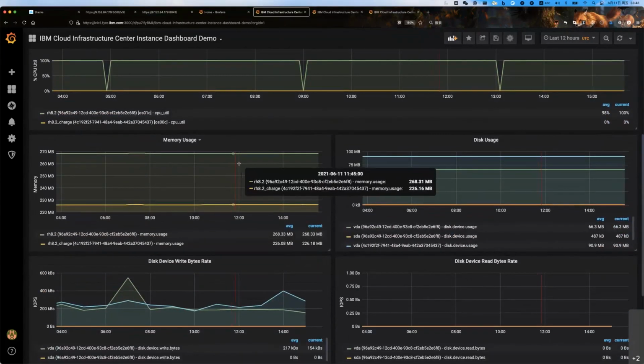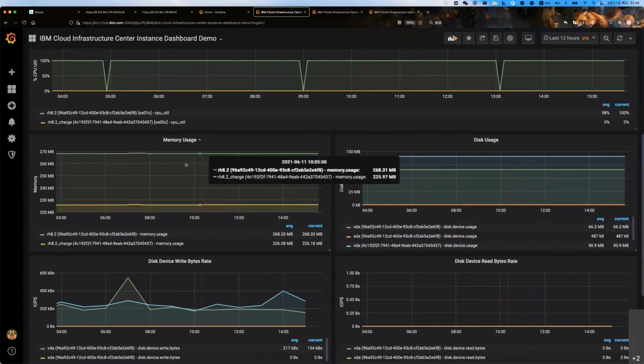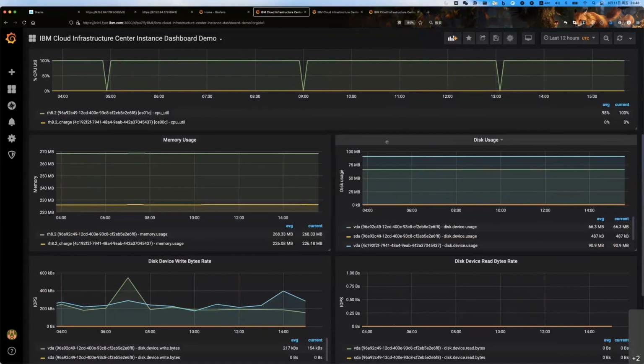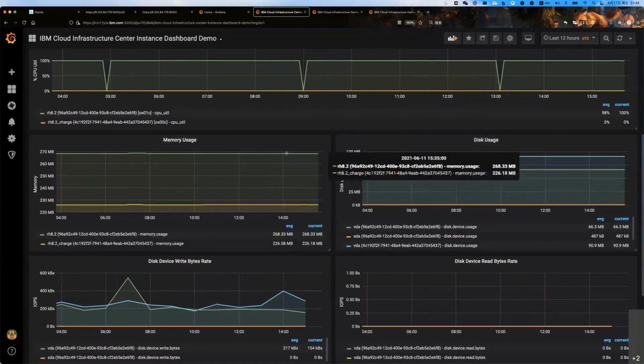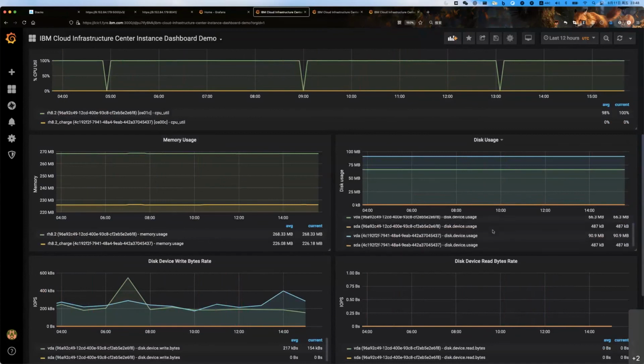Besides that, for the VM dashboard, you will also be able to see the memory usage and the VM disk usage of those VMs. Each VM's information is listed as a legend here, and for the disk usage, you will be able to see all those disk